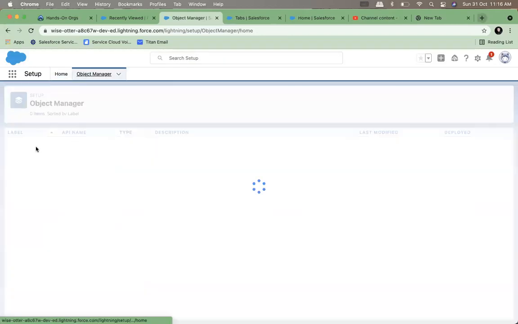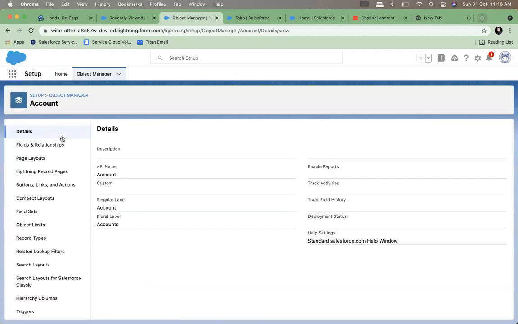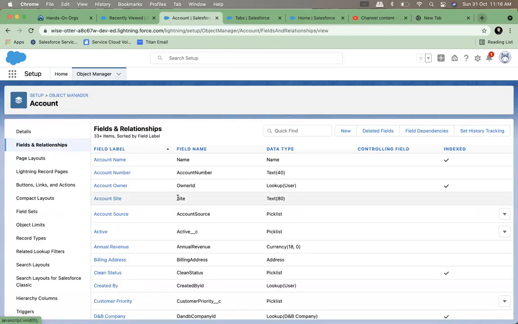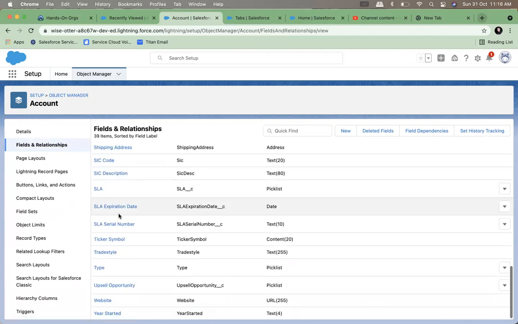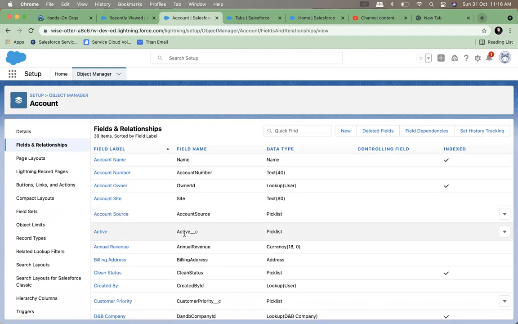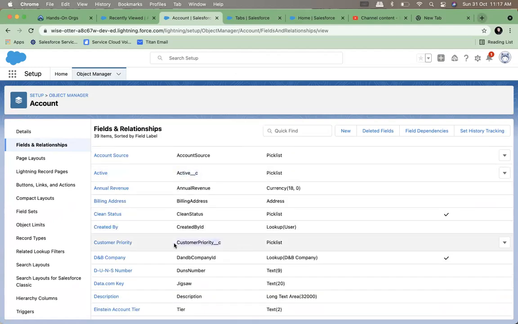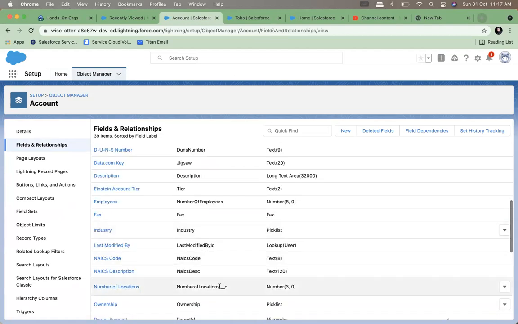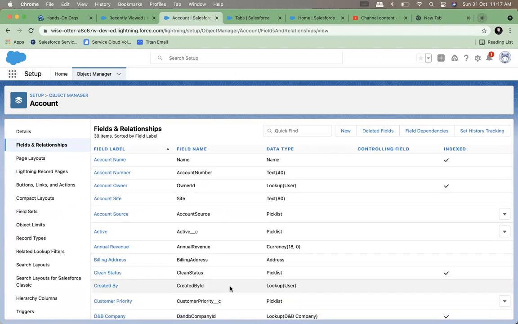Now the interesting part is that when I go to account, I go to fields and relationships. You see, these are all standard fields which have been created by Salesforce. And there are also some custom fields which you can create, like active, custom priority. These fields you have created, __c. So a standard object can have standard fields as well as custom fields.